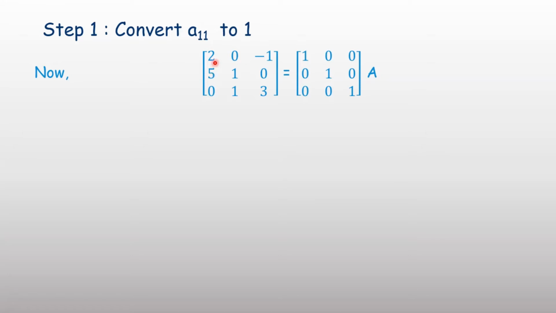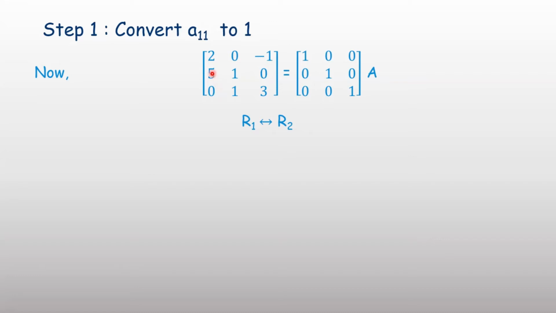There are different options. If you multiply by 1 by 2 in the first row, you will get 1 here. But if you multiply by 1 by 2 here, 1 0 minus 1 by 2 1 by 2 0 in the first row, then in the next steps you will face a problem, because if you introduce fractions, then addition and subtraction will have some difficulty. Therefore select another method.